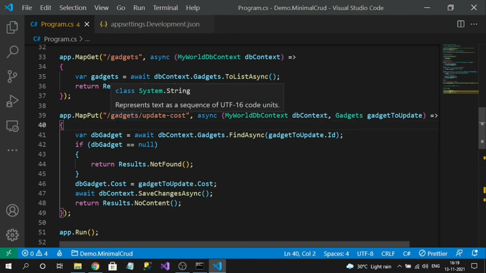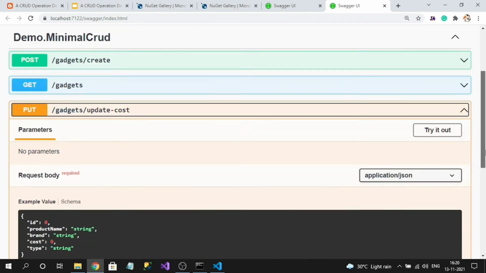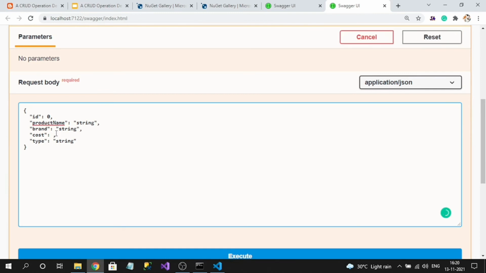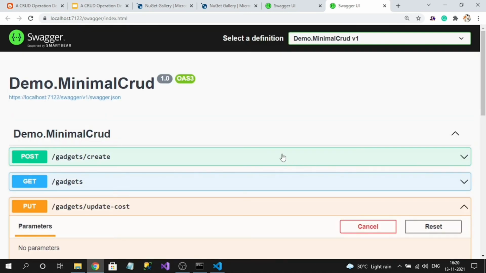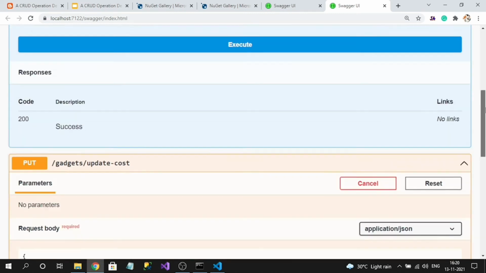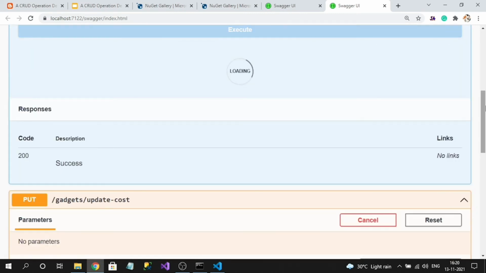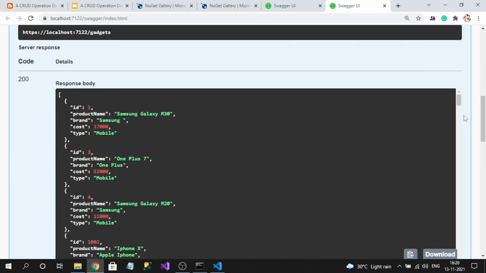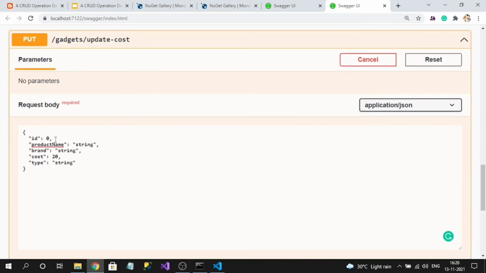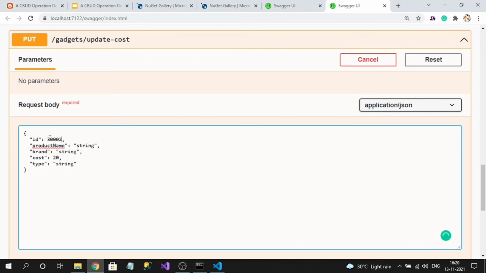So let's test it. Here I simply pass some 20. And for which record I want to update, let's find an ID from here. So the latest record which I added is this one, C8 brand. So I want to update this record's cost.